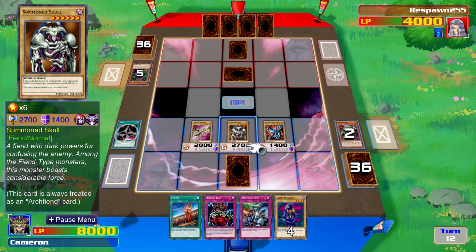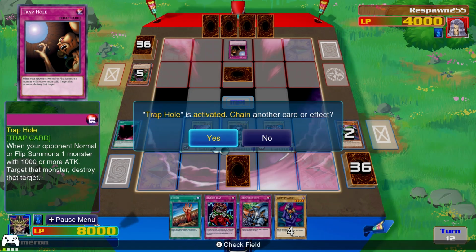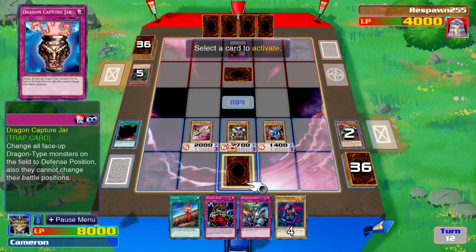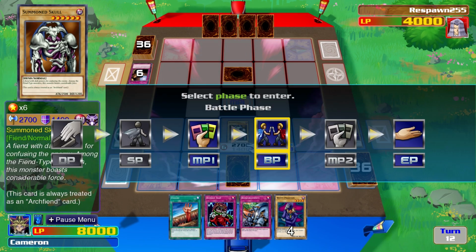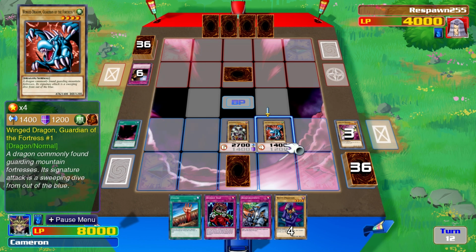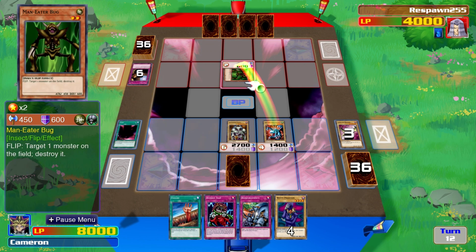Alright, Yugi, Curse of Dragon, Summon Skull at 2,700, and a Winged Dragon, Guardian of the Fortress. There's a Trap Hole. Alright, that will at least get rid of Curse of Dragon if you're on Pegasus' side. Although it's going to be... He's decided to attack with Winged Dragon again. I guess he's got no choice. Summon Skull is going to be...